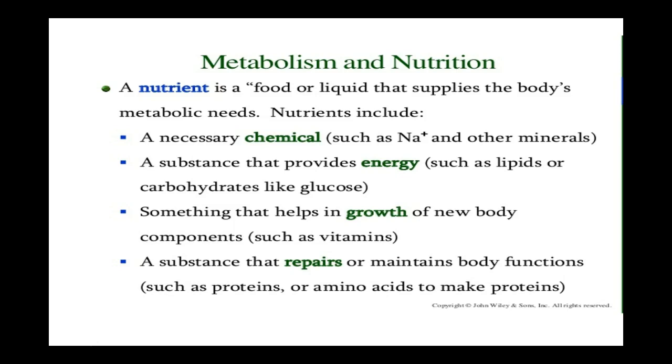The definition of a nutrient is anything that supplies needs for the body, metabolic needs. So even white sugar is a nutrient, although maybe it's not the choicest nutrient for other reasons. Chemicals, so the nutrients include a necessary chemical,